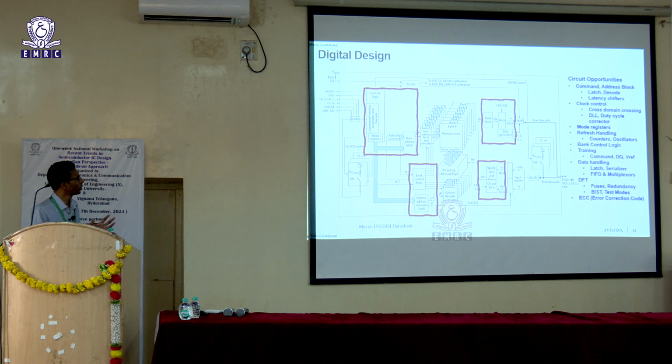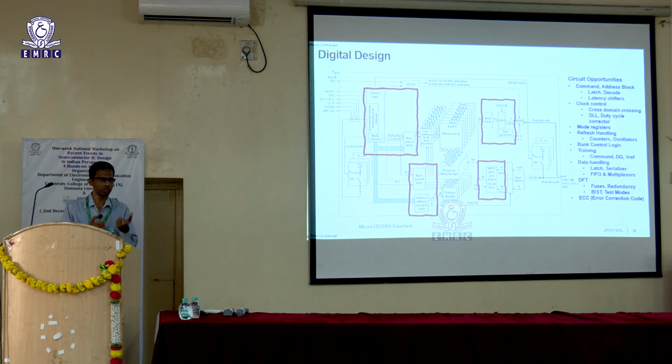And then I also talked about using DLL for clock synchronization. So that again is something that we would be using. And then there are mode registers. So we could operate the DRAM in multiple different modes, and there are different frequencies that you would need to be operating it for. Let's take a real-time example. We could use our mobile phone for just scrolling or for watching a video or for gaming, and each of these needs a different amount of DRAM data and at different speeds as well.